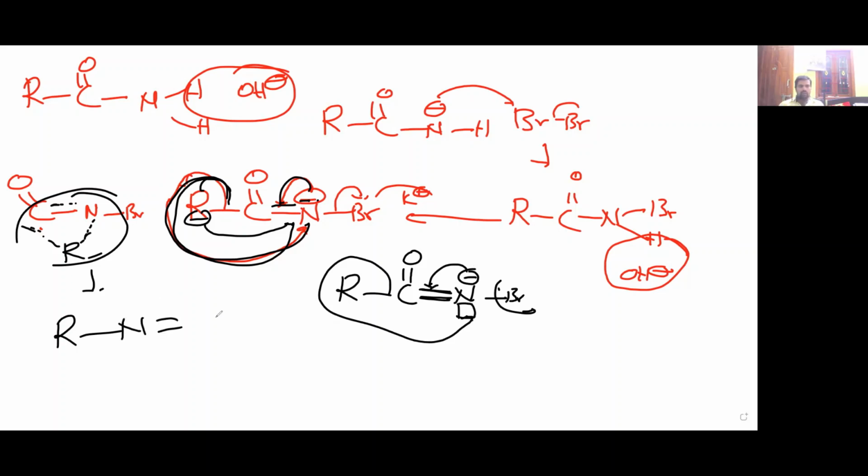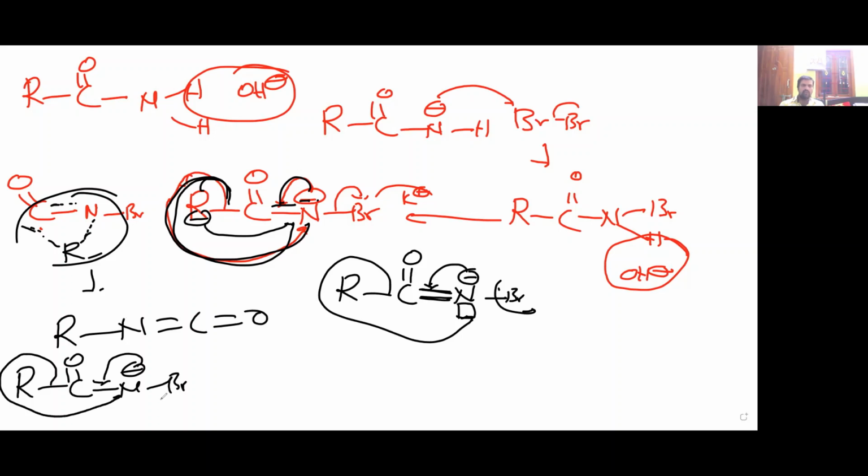Finally, what is the product is forming? Alkyl isocyanate. Very simple migration. So once again, R minus Br. This is the bond shifted. Bond is migrating like this. R is connected to nitrogen. This is Br minus is leaving. Okay. Whenever this is connecting like this, here empty box is coming because Br minus is leaving. It is nitrene is there. Finally, alkyl isocyanate. This on hydrolysis, you are going to get primary amine. This is Hoffman bromamide reaction.